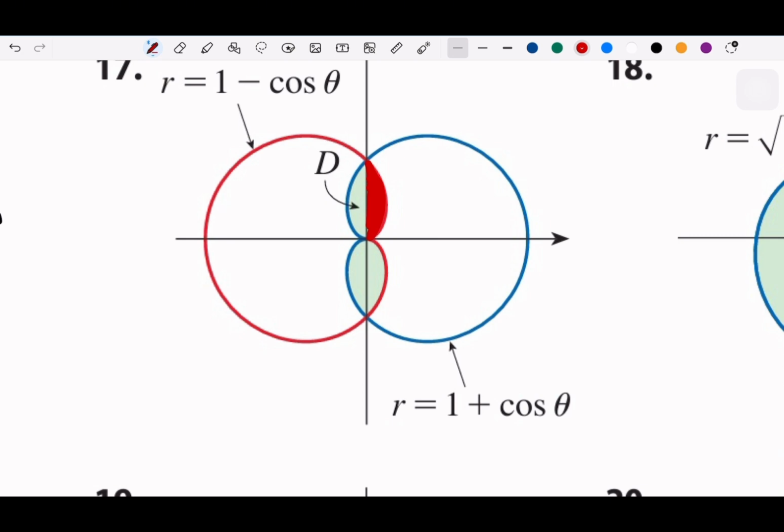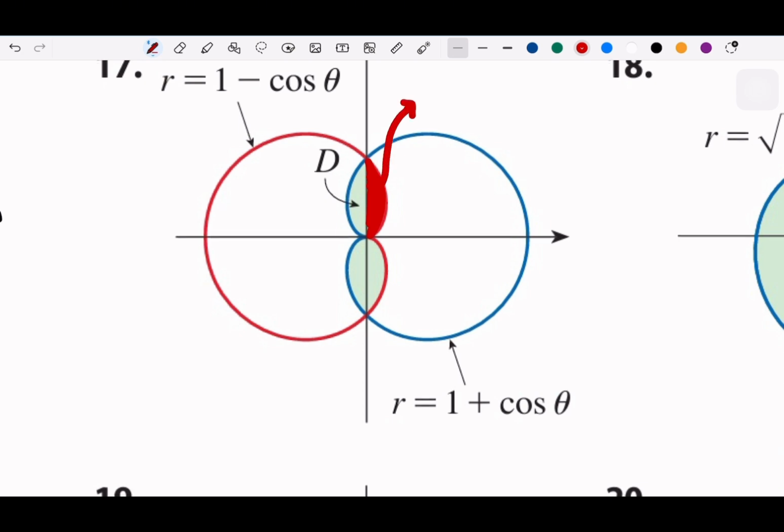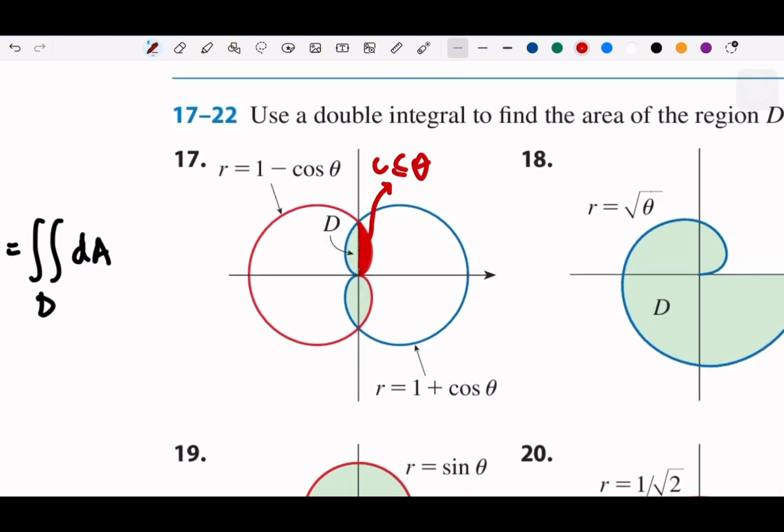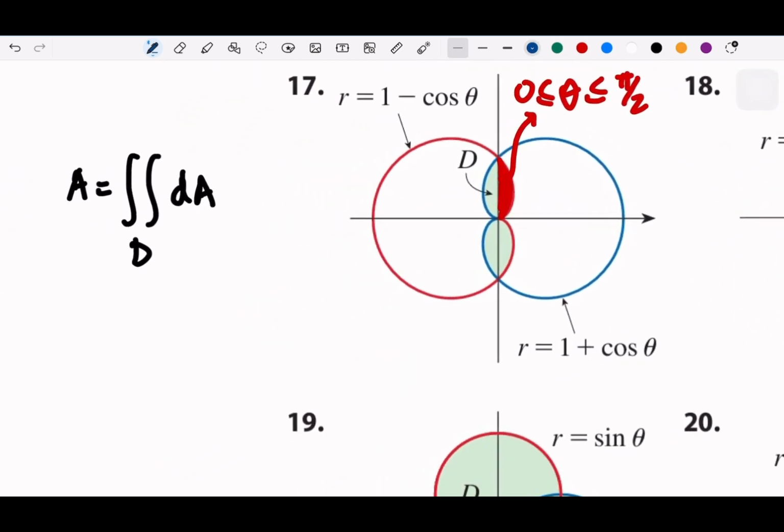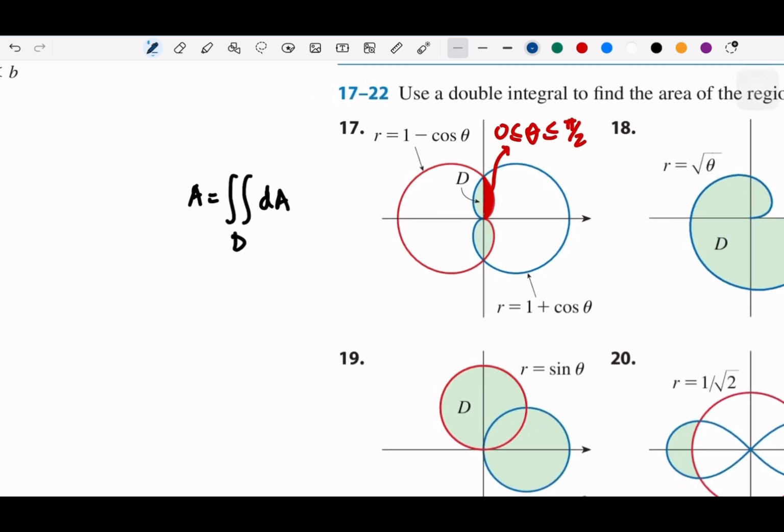So on this area, theta is from 0 to pi over 2. And how about r? Because there is no hole whatsoever, we could write down theta from 0 to pi over 2, and r from 0 to, for the red one, 1 minus cosine theta. So the total area will be, for the area of the small one,